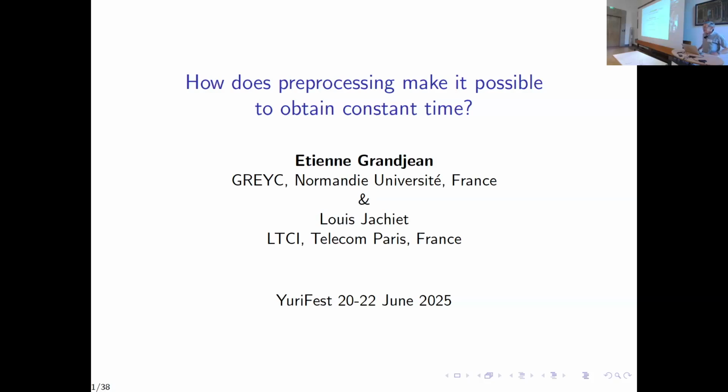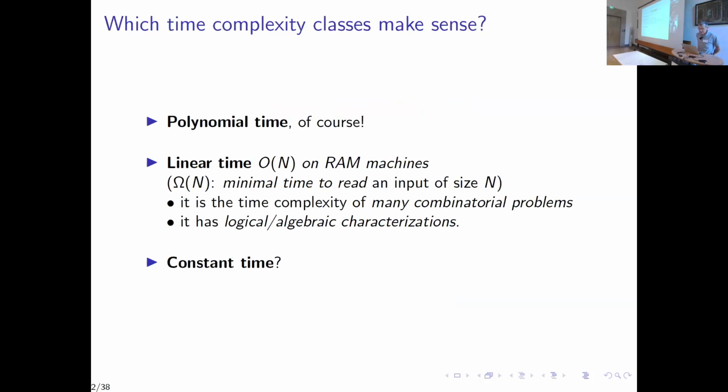So it corresponds to the paper submitted to the special volume. It's about constant time. Which time complexity classes make sense? Of course, polynomial time, but also linear time. It's not so common because it has machine independence characterization, for example, but also because there are many problems inside it. Constant time,